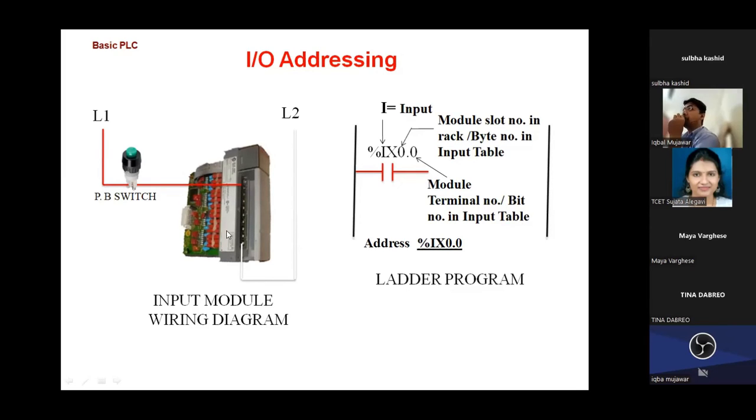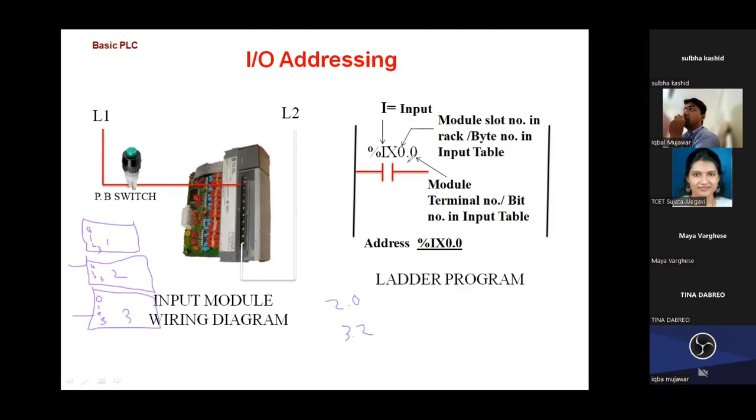Let's say I'm using compact PLCs, three compact PLCs. Compact PLC 1, compact PLC 2 and compact PLC 3. All PLCs are identical, and each PLC has, for example, 4 input pins: 0, 1, 2, 3, 0, 1, 2, 3, 0, 1, 2, 3. Let's say I connected one push button over here. Then I can give the address 2.0, that is module number 2, pin number 0. Let's say I connected one switch over here, then I can give the address 3.2. Like this I can give it.